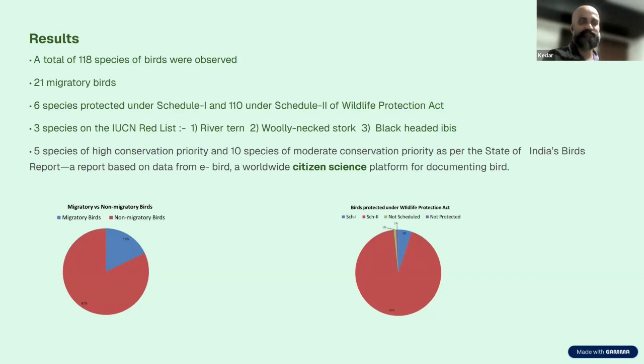And then recently, a report was published called the State of India's Birds Report by this big partnership of different organizations working in conservation. According to them, there are also 5 high conservation priority species and 10 moderate conservation priority species found among these 180. So, quite important in terms of bird life if you see the data. Next,